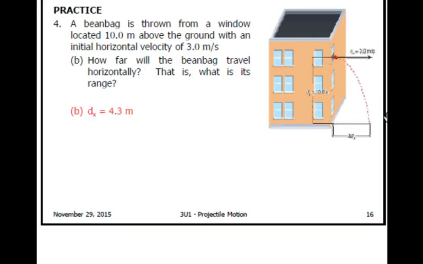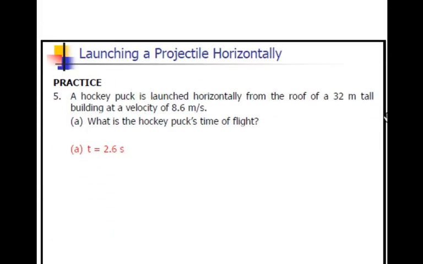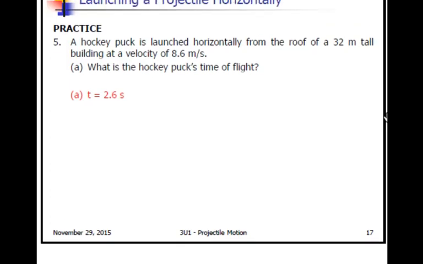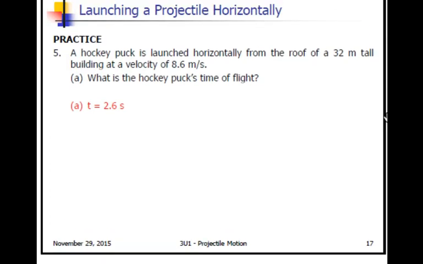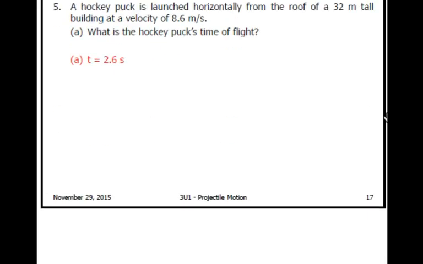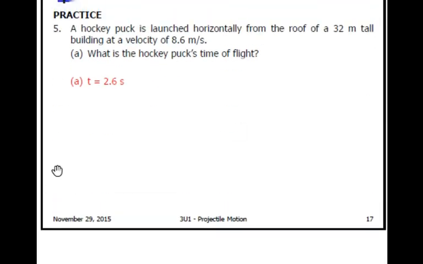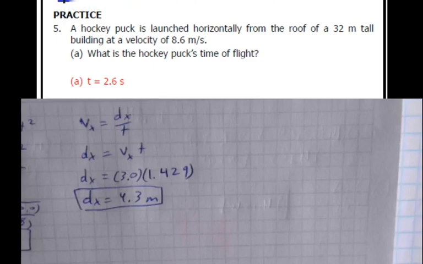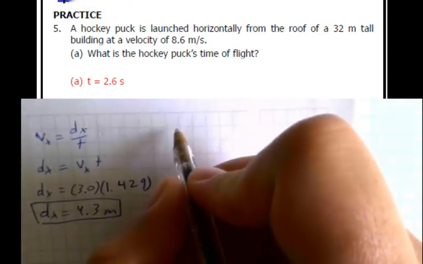Okay, now that's one type of problem. Here is another type of problem. Here it says a hockey puck, or actually this is the same type of problem, but just without the picture. A hockey puck is launched horizontally from a roof that's 32 meters tall with a velocity of 8.6. So we're asked to find the time of flight and range for the hockey puck. Let's turn this on and figure this out. So time of flight,